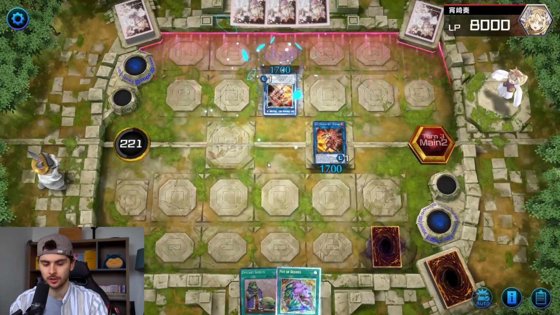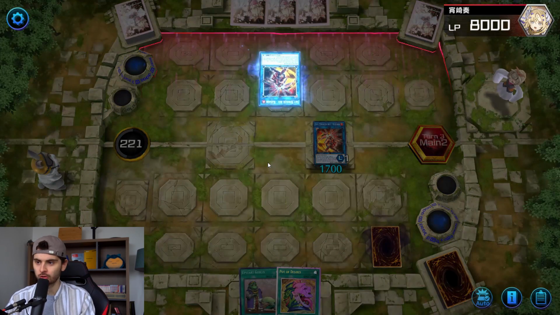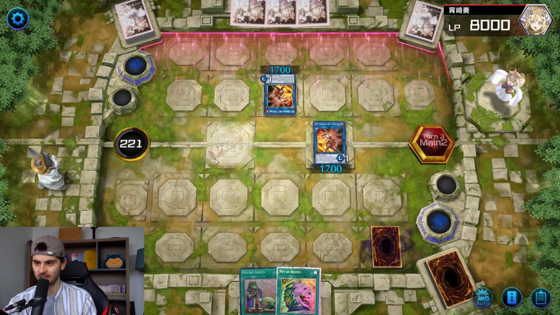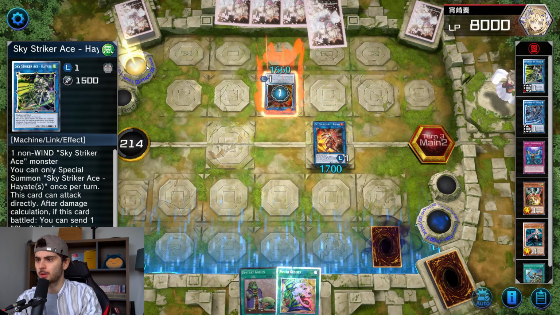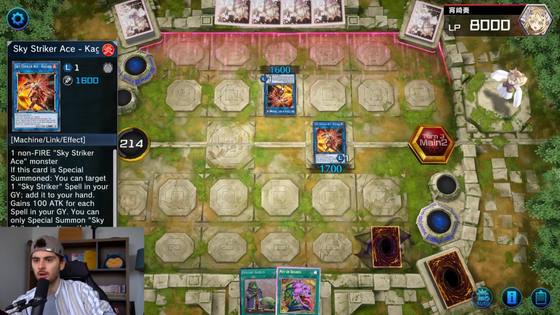Alright, they go for Kagari. They're fancy in summoning it in the main monster zone. Doesn't really matter, of course, because they can just summon another Link monster up here. Alright, they target Engage. That makes sense. They'll go for Engage. Probably now...